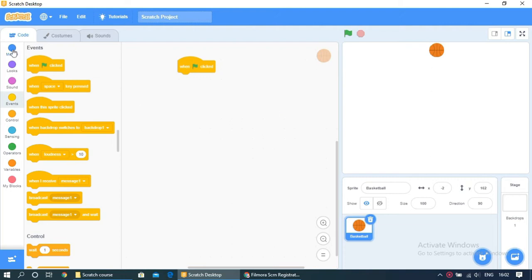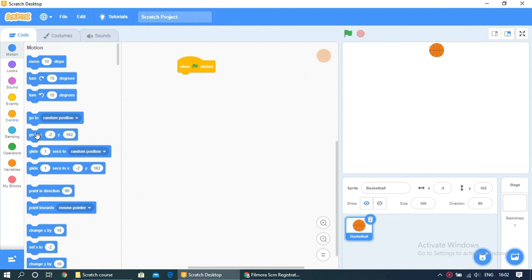So go to motion for that, set this, and let's say for the y direction it must come from the positive y direction, not from negative. So we will set it as, let's say, 150, and for the x direction, okay,